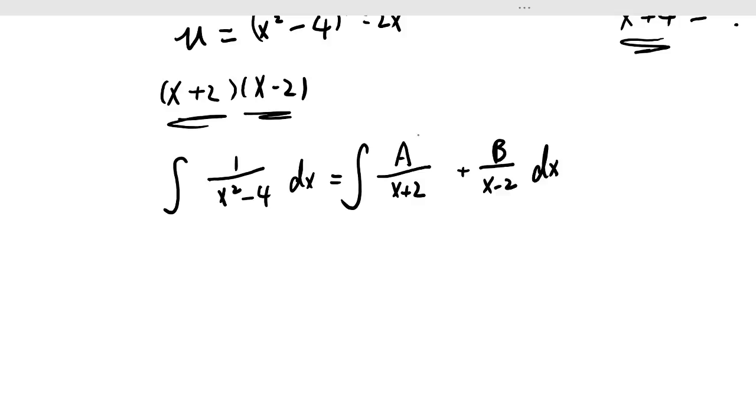Because A, think about this as a constant, and this is a constant. That's going to be a very basic integration problem, because for the rational function right here, I just use the u prime, and the u prime will be 1. Right, so now is how we get A and B. Let's go over that. So in order to get A and B, I'm going to rewrite